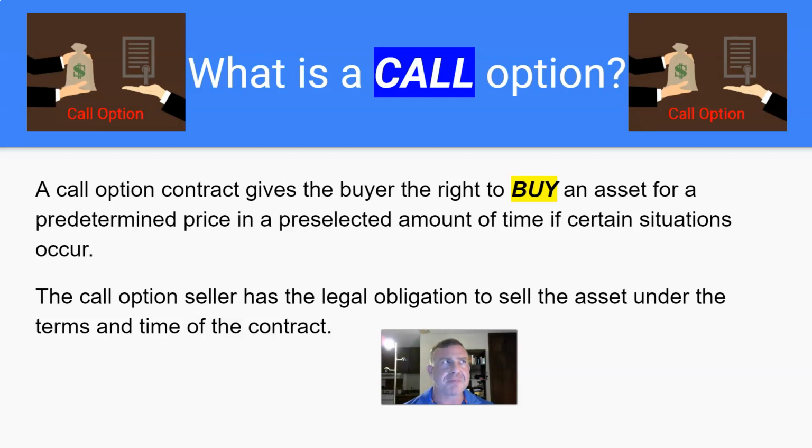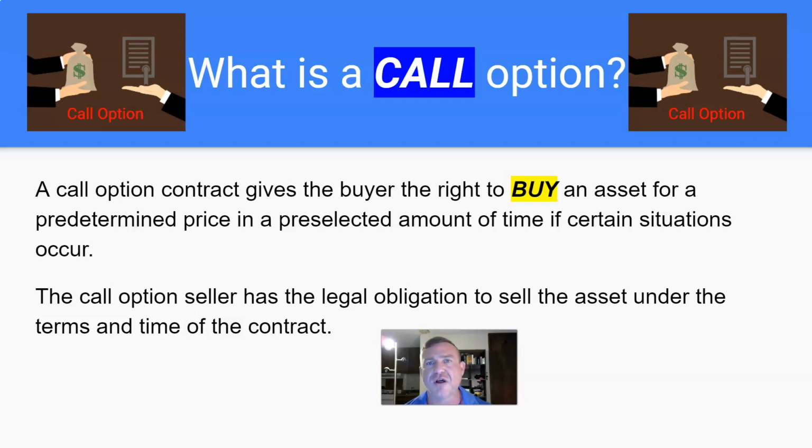You think if it can get above $4.50 in a certain time frame, the potential of it really running high is there, but it's got to get above $4.50. So you might purchase a call option contract that gives you the right to buy XYZ stock at $4.50 if it goes above $4.50. So if it goes to $5, $6, $7, you still get to buy it at $4.50. If it does not go above $4.50,